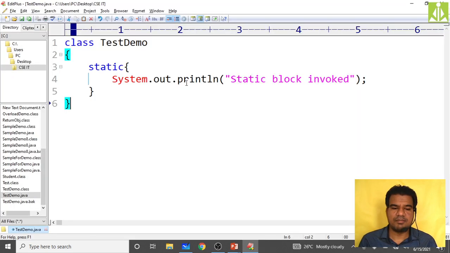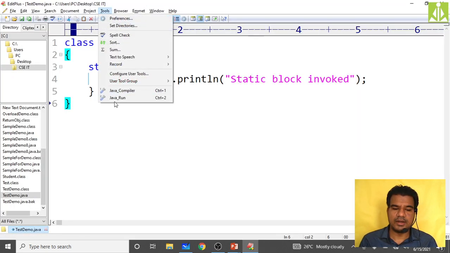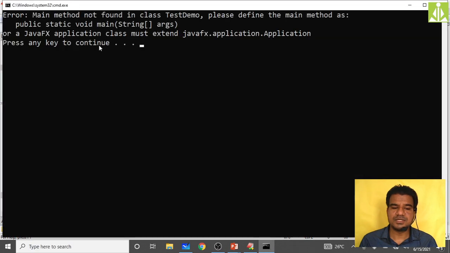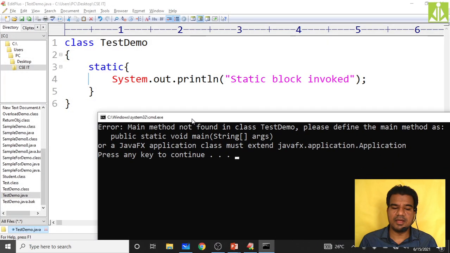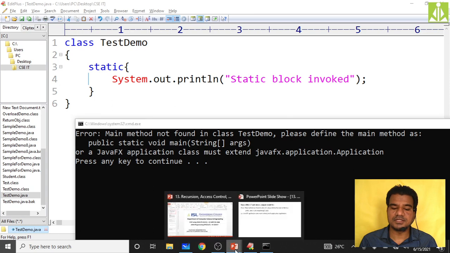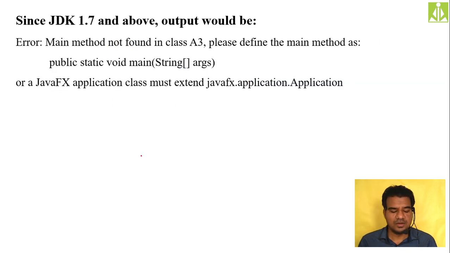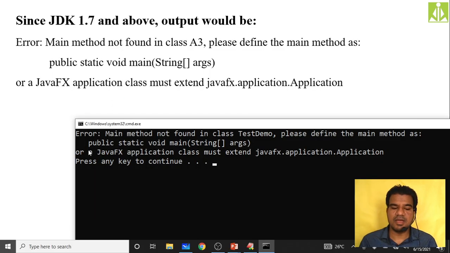Okay, it is compiling. Go and run. See here, the same error I kept in that slide, I'm getting. Main method not found in class TestDemo.